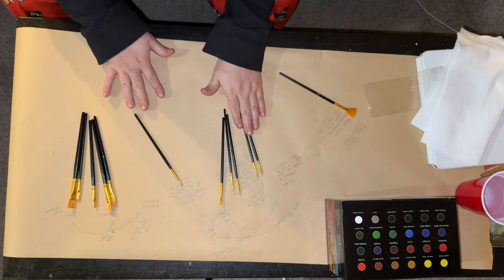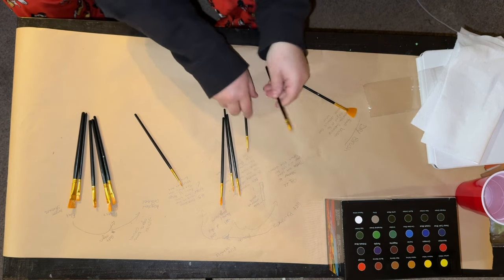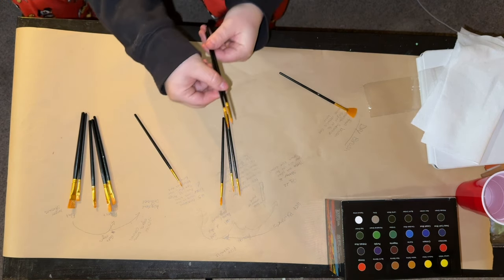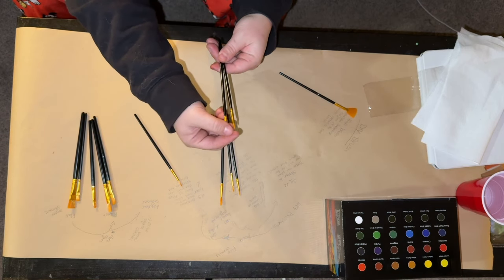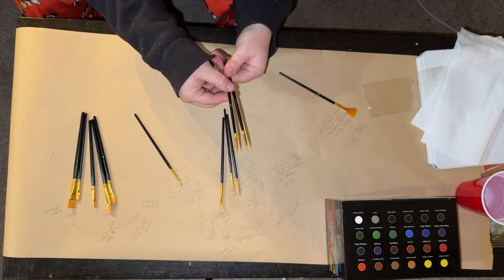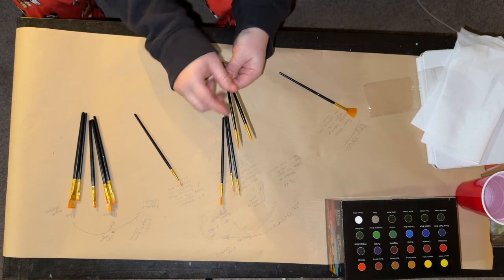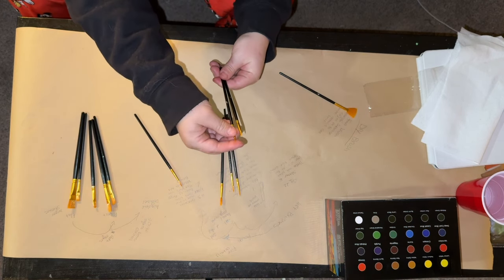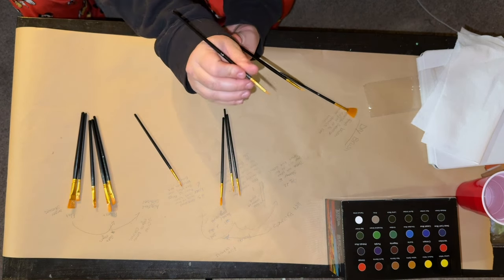And then when we move over to our wet brushes, we have a spotter. And that's what these ones are right here. So they have a nice short tip to them. So we have a size 2 in this as well, and a half. So these are good for doing really small details, like say you're doing